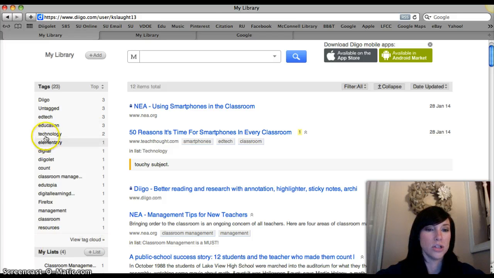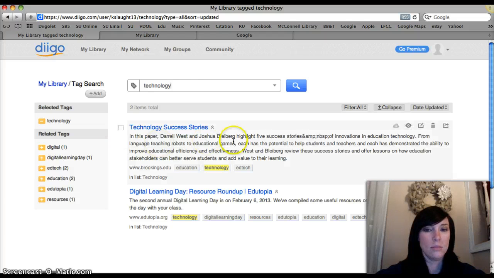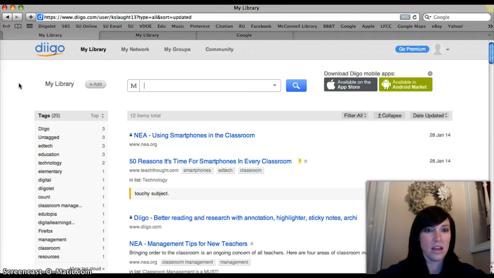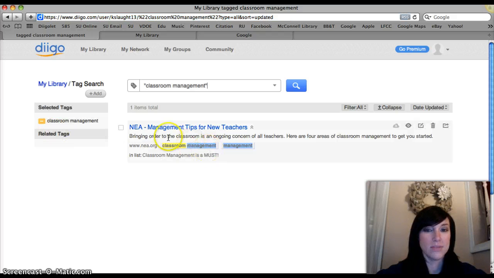But I can refer to technology, and then this will take me again back to things that people have tagged in technology. That's something you're kind of going to have to play around with, and it's all based on what I've already saved. So this is what I've saved